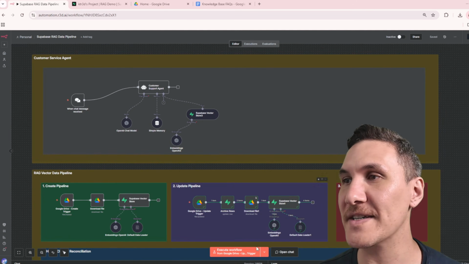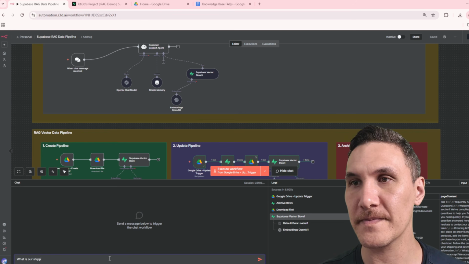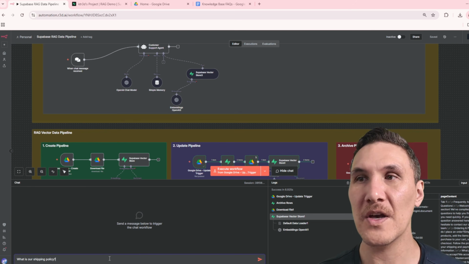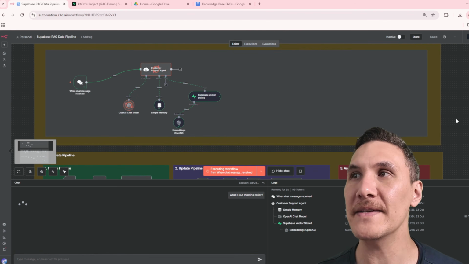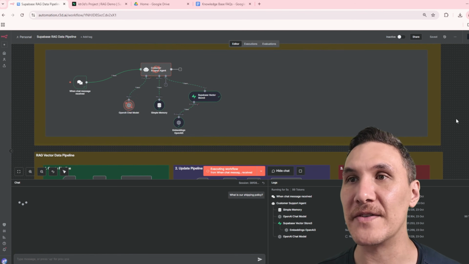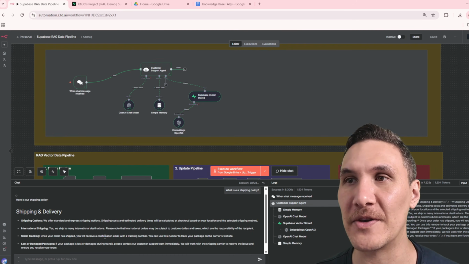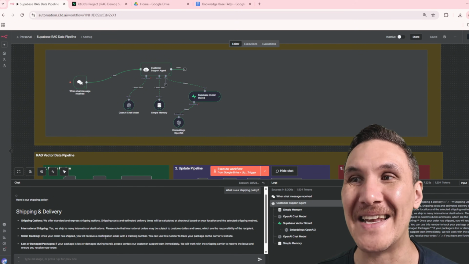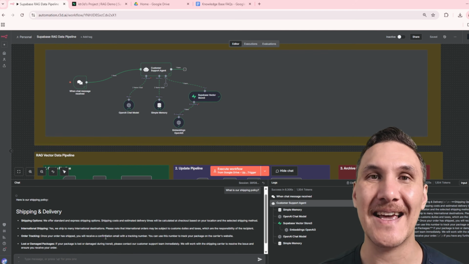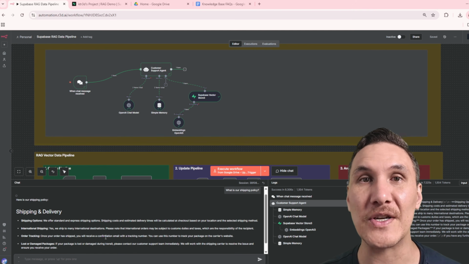So now if we go ask our customer service agent, what is our shipping policy? You'll be able to see that the AI agent is going to reference the vector database, and it's going to retrieve the information from those embeddings. So here you can see shipping options. We offer standard and express shipping options. Yes, we ship to many international destinations. So our customer support agent has access to the Supabase database in order to retrieve the frequently asked questions and